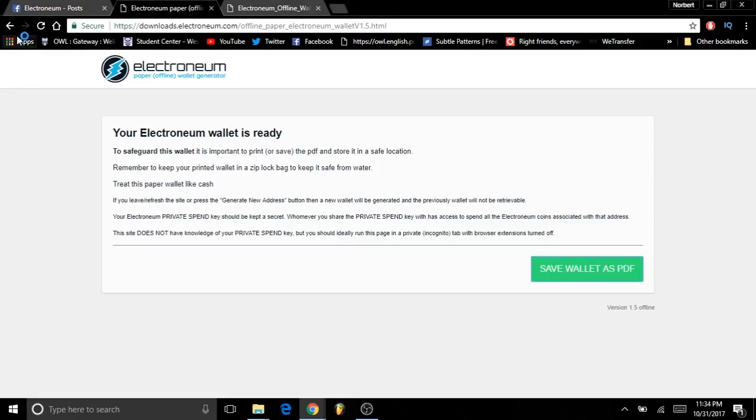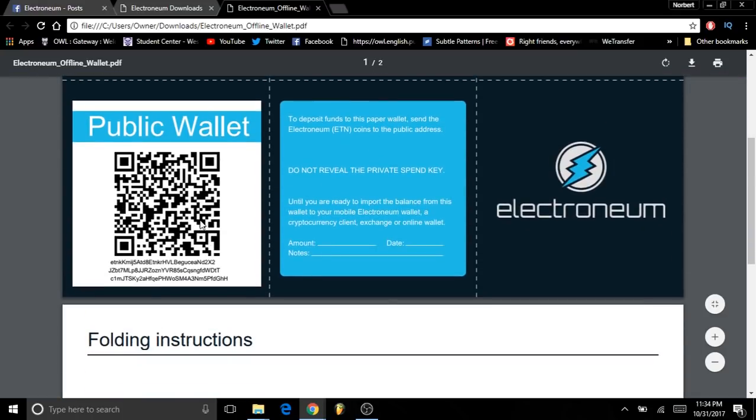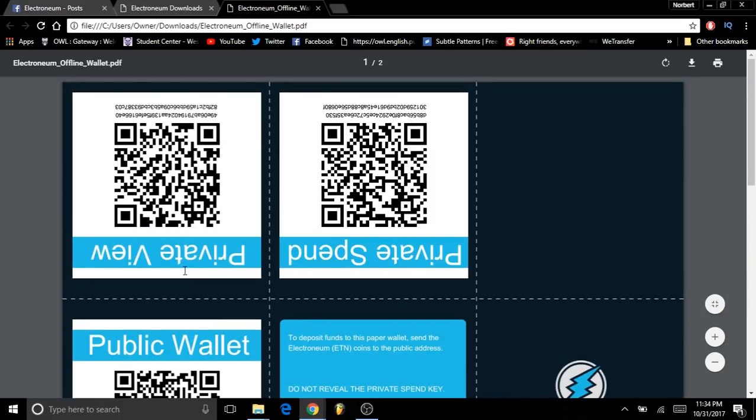click it over here. I'm gonna back out. You can leave that, that's fine. So back to the main page, and this will be your offline wallet where you are able to store your Electronium coins. Okay, so your public wallet is the one you will be using for the mining,